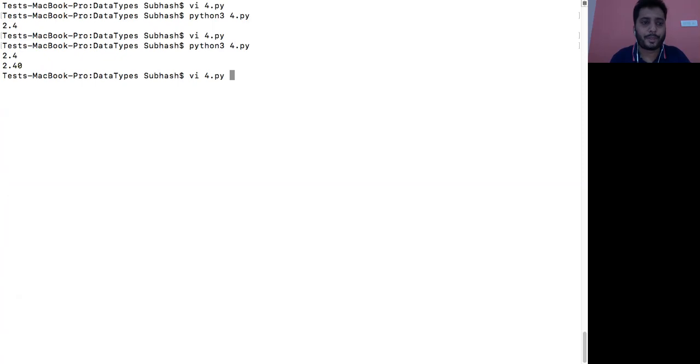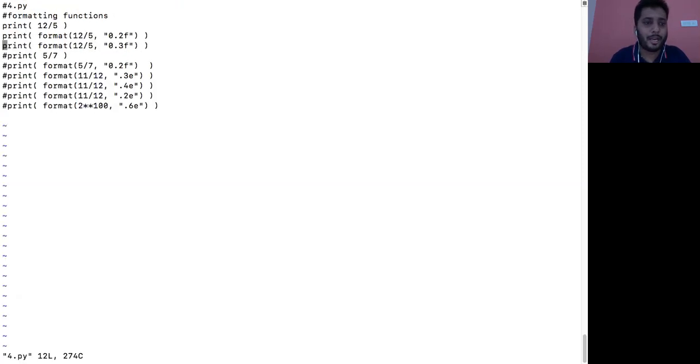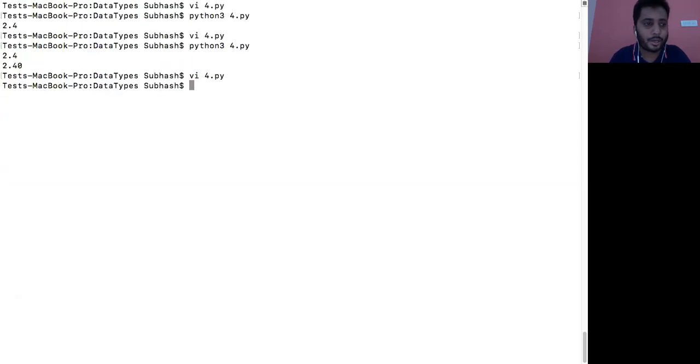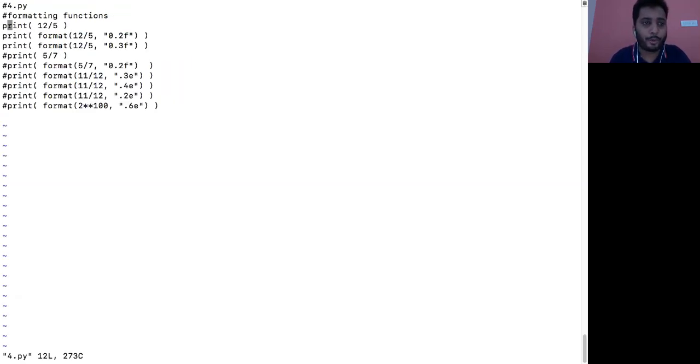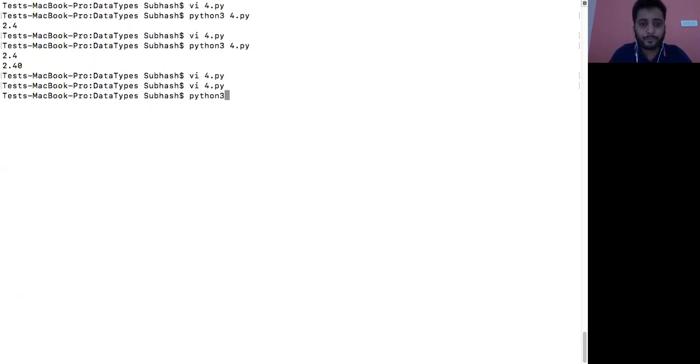This also works, correct? Now in the next example, what does it say? I want to calculate 12 divided by 5, and now I want 3 decimal places after the point. In the first case, the result we got was just 2.4, right? Then we formatted it to 2.40. In here now our output should be 2.400 because of 3 places after the decimal point. Let me see if it works like that. Yeah, it is working, right?